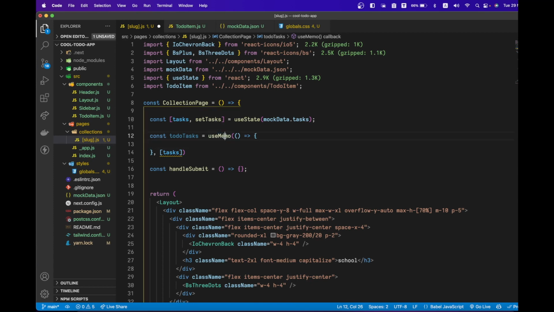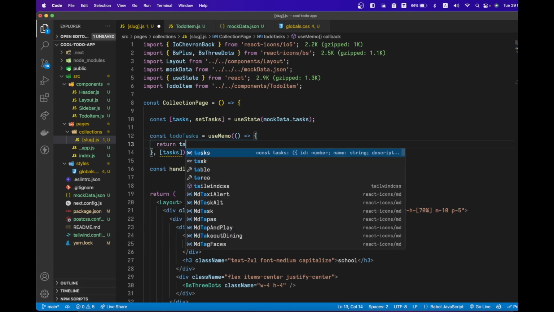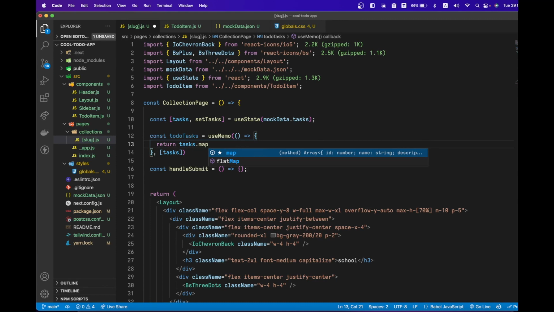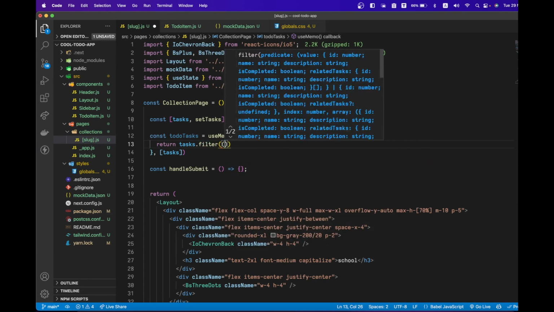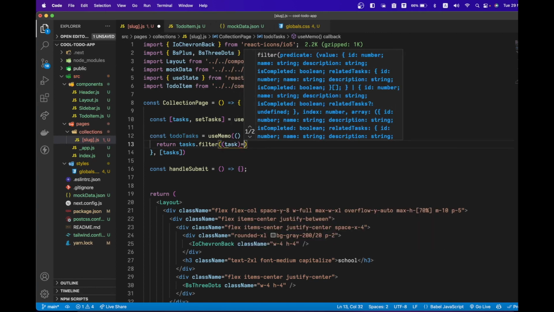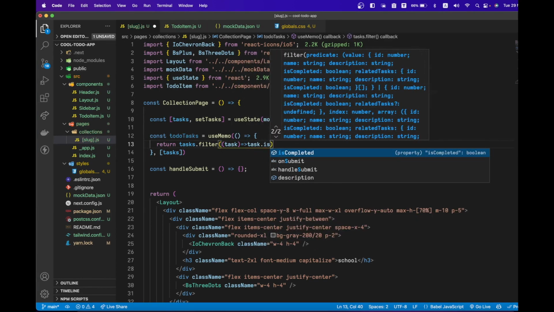But if we do not use this, then it will not get memoized and it may run into similar performance issues for our application. That's why we are using this one, and task.map, or we can filter out the tasks which are completed, and the task dot is completed,